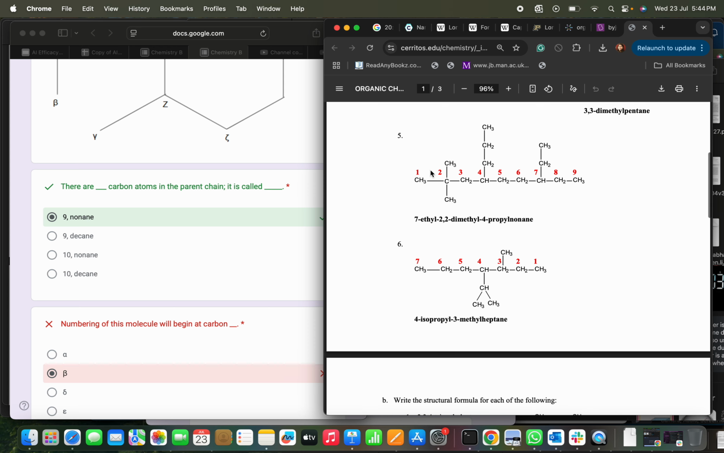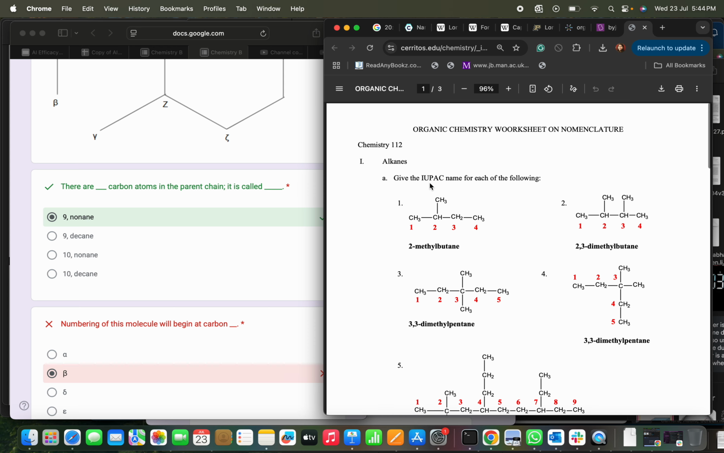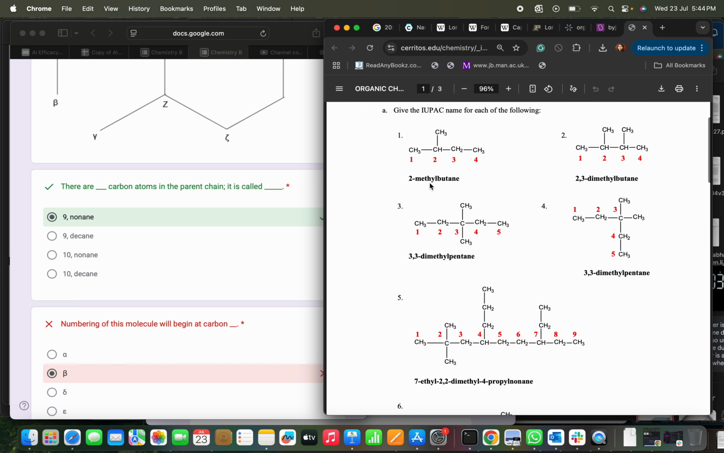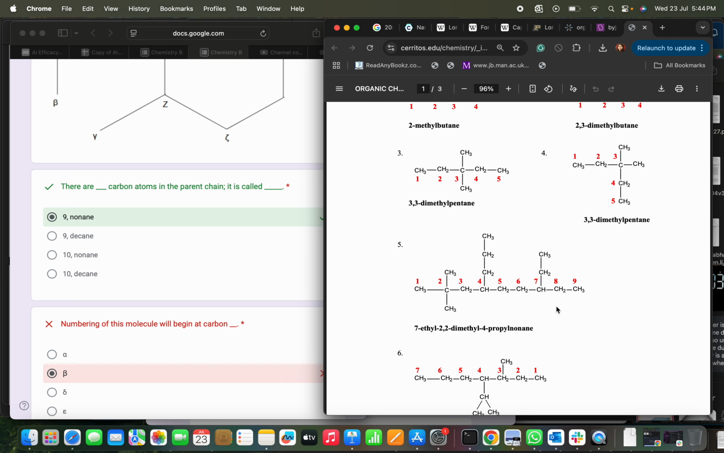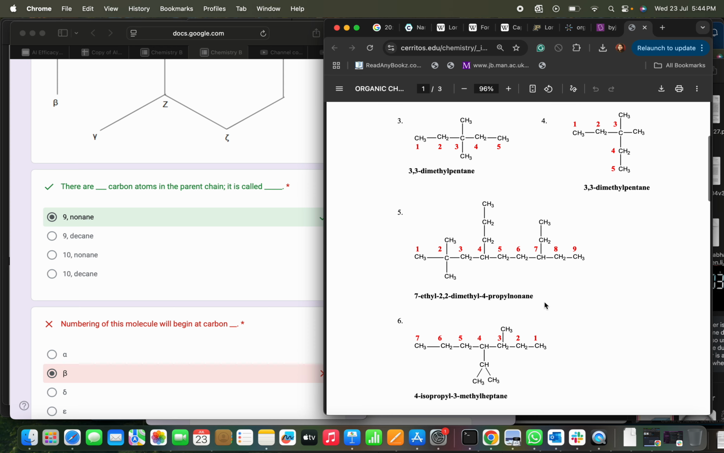So why did it start from the IUPAC is 1, 2, 3, 4. This is the longest chain, that's why it went there. 3, 1, 2, 3, 4. Now